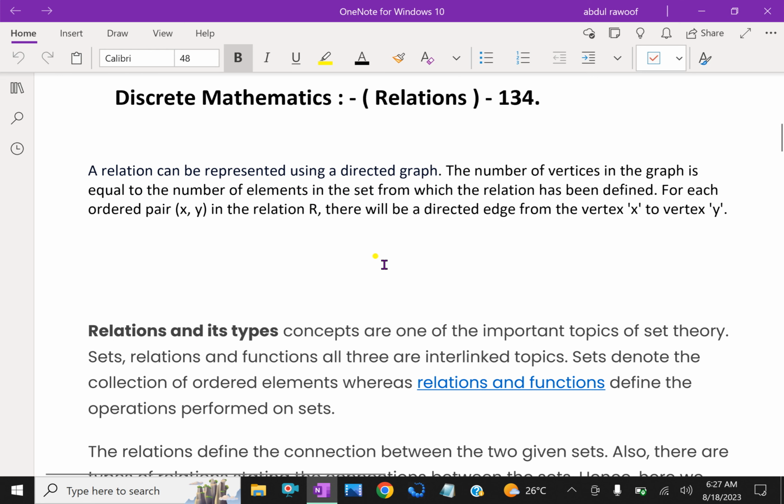In discrete mathematics, let us discuss relations. You may be familiar with many relations such as less than, is parallel to, is a subset of, and so on. These are relations between two things. In a certain sense, these relations consider the existence or non-existence of a certain connection between pairs of objects taken